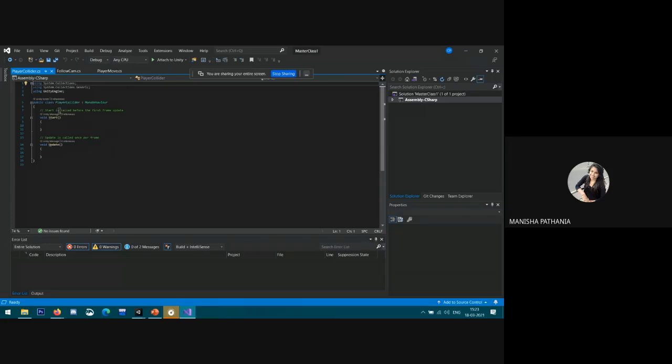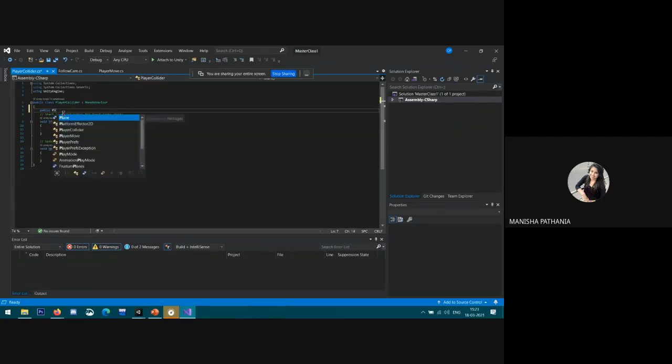First we need to define a variable. I want that when my player collides with any kind of obstacle, then something will happen. For that purpose, I'm defining here a variable of public type. Then I need to write the script name because I want to access that particular script, that is the player movement script as it is.